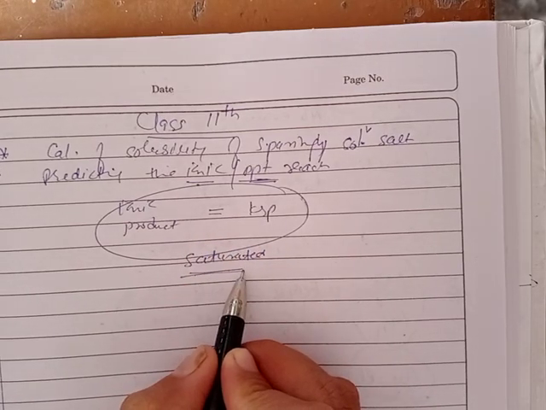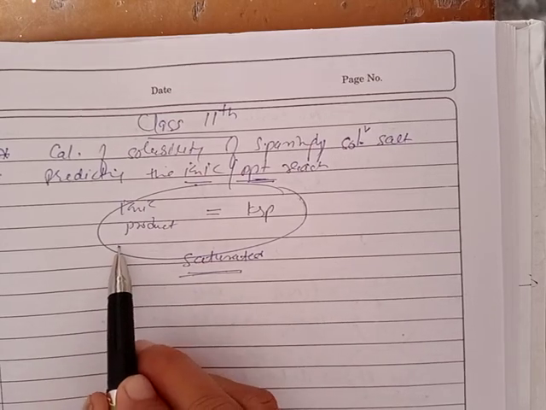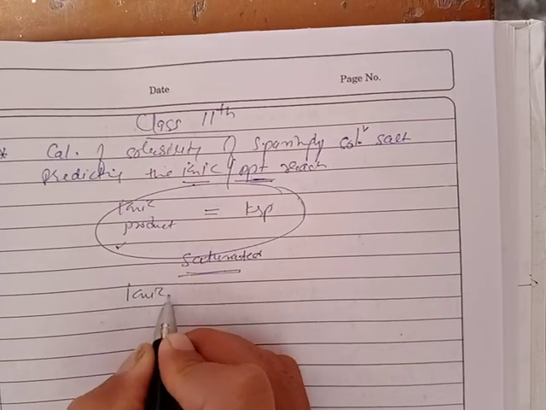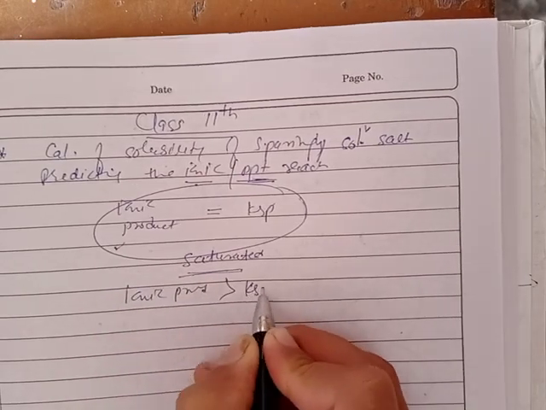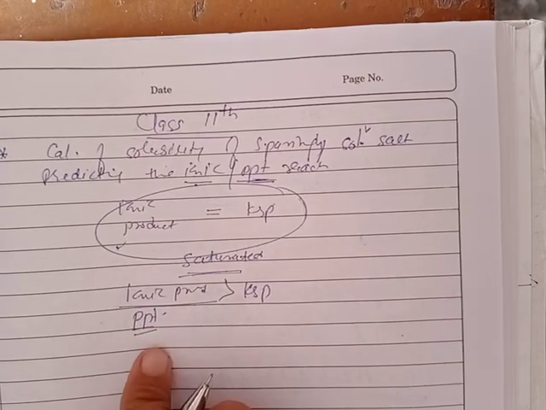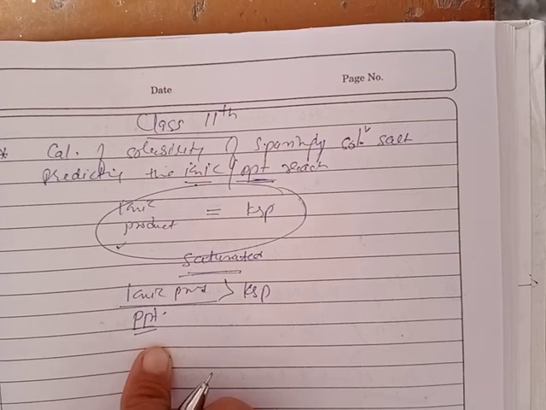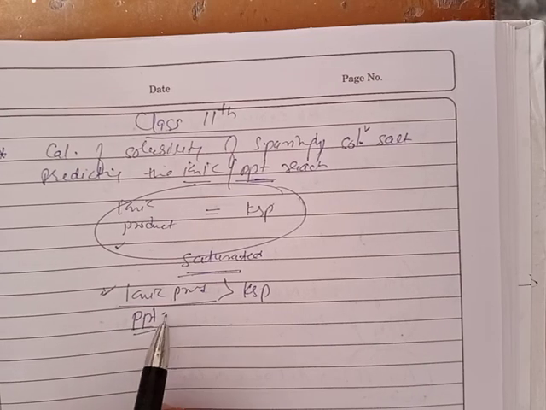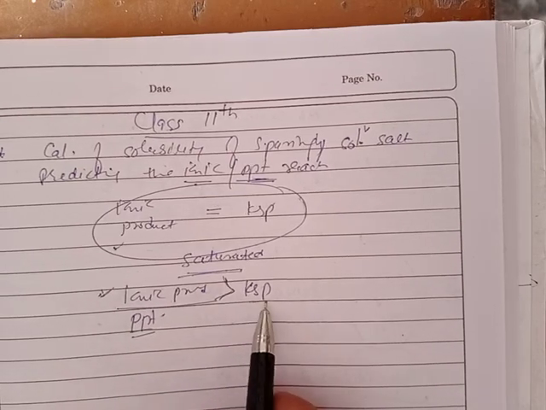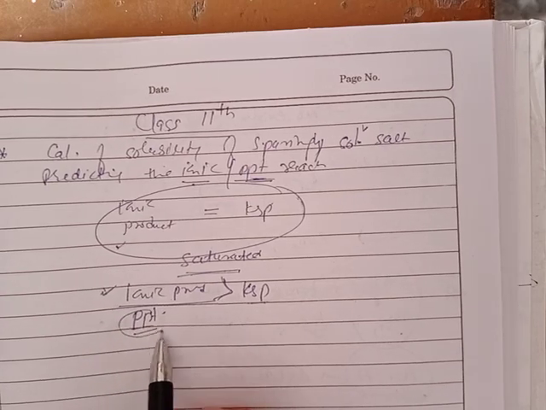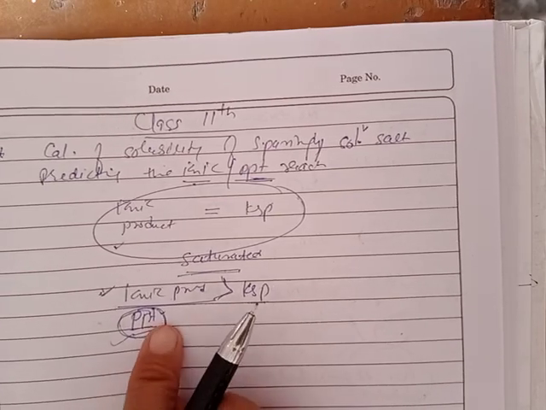Now if the value of the ionic product increases or exceeds the value of KSP, in that case the solution will show formation of precipitate. Clear? So if the ionic product, meaning the concentration of the respective ions produced in the solution, is greater than the KSP, the solubility product of the sparingly soluble salt, then the excess of ions produced will combine together, resulting in formation of the precipitate.